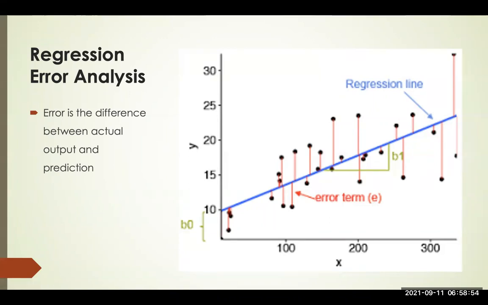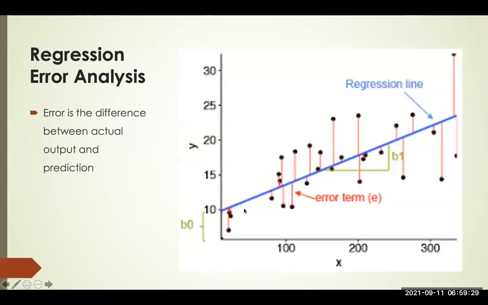Most times the goal of building the model is to reduce the error. For those that did statistics, that's what they were teaching you when they taught least squares, but it's something they don't really explain to you. That's what least squares is all about. But that's not the goal of this class, to teach the mathematics. The difference between what your model is predicting, this blue line, and what you have in the data, the original output, is what we call the error.